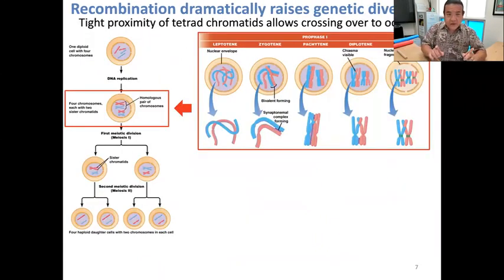So just as a quick recap, recombination dramatically raises genetic diversity. You can already imagine that, if this type of crossing over is happening during meiosis 1 for all of your chromosomes, right? This is just another way of looking at what we looked at last time. Here, during prophase 1 of meiosis 1, is when you have these tetrads forming, right? So dad's contribution, the